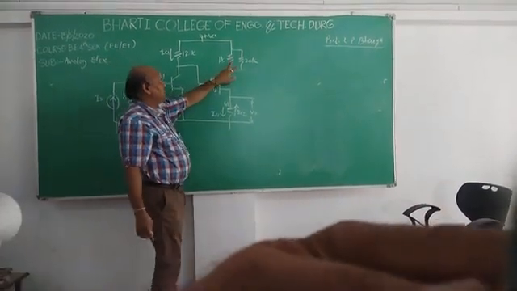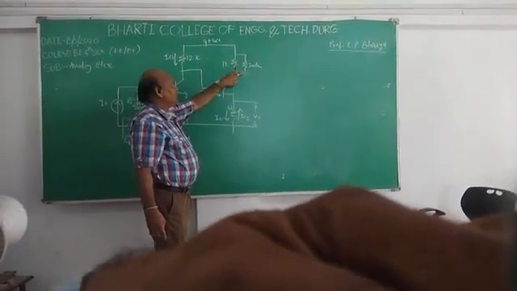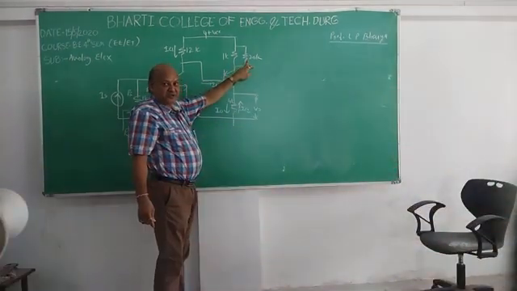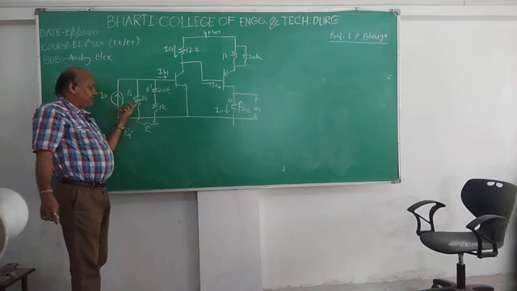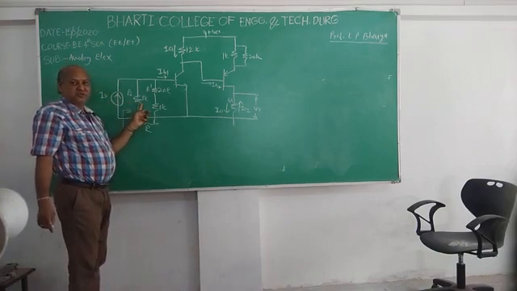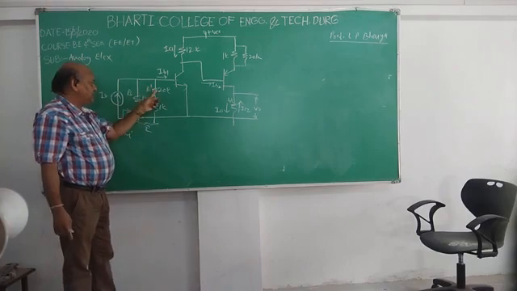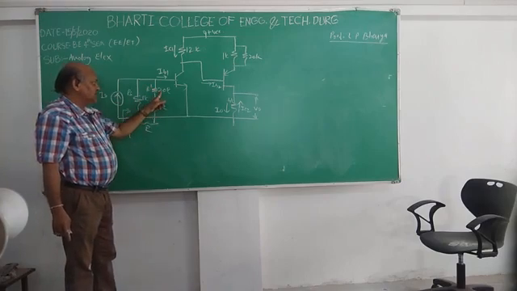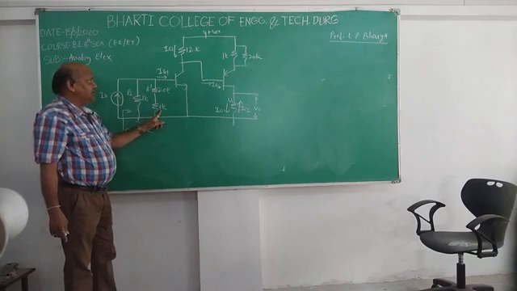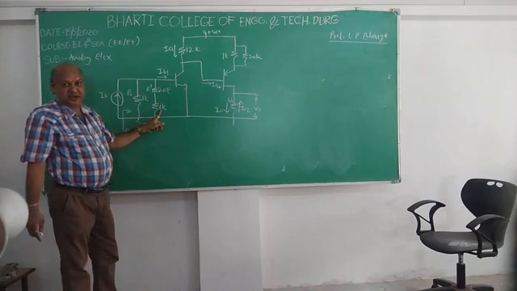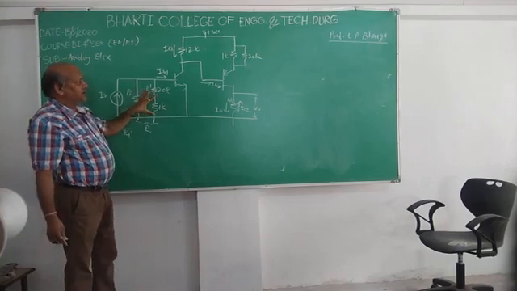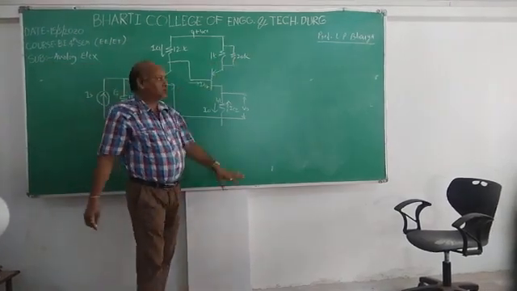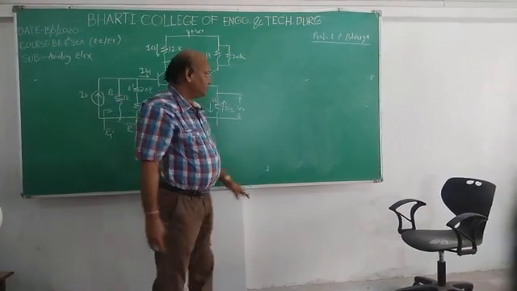I have already told you, this 1 kilo ohm in parallel with this feedback resistance 20 kilo ohm, and this is the Norton equivalent current source Is and resistance 1 kilo ohm, and in parallel with these two series resistances, feedback resistance, and this is 1 kilo ohm resistance as earlier connected. So this is the equivalent side of the input, this is the equivalent side of the output, current shunt feedback.